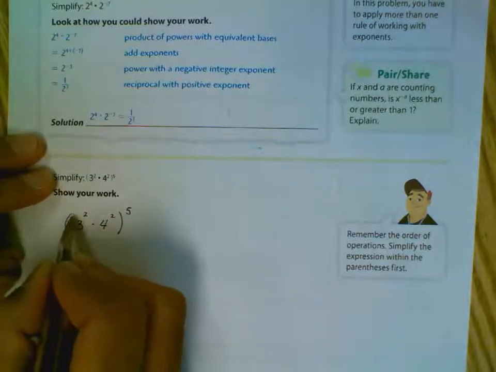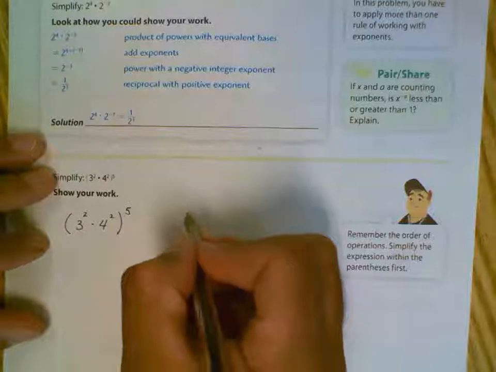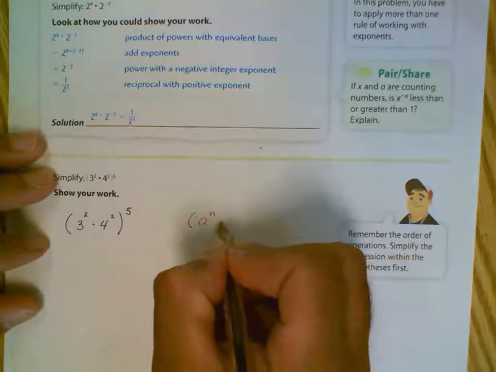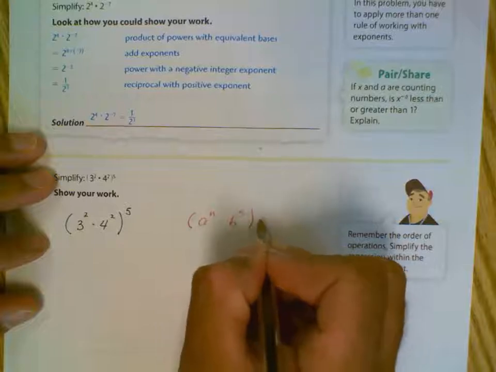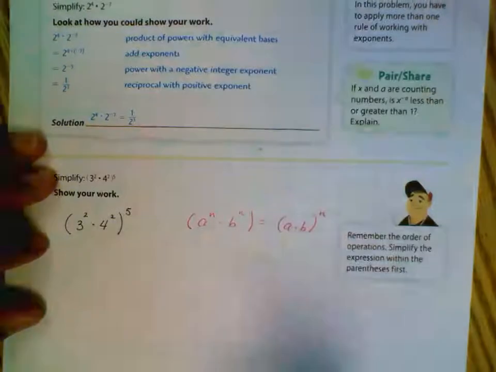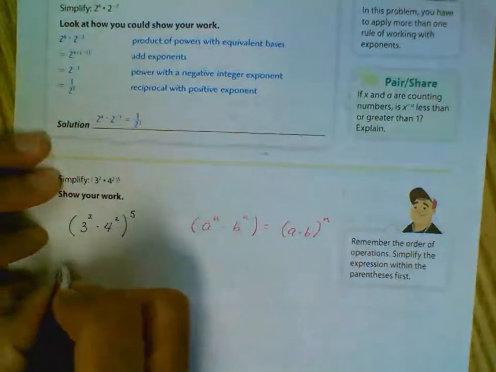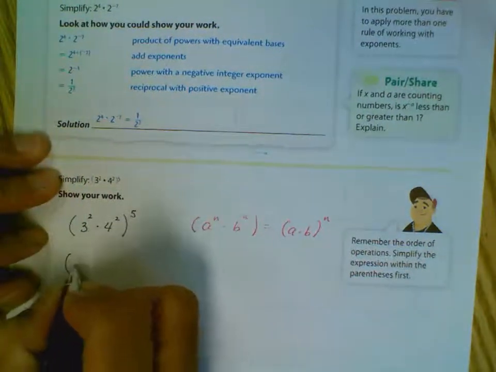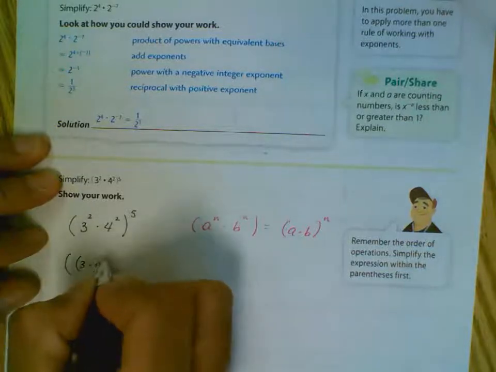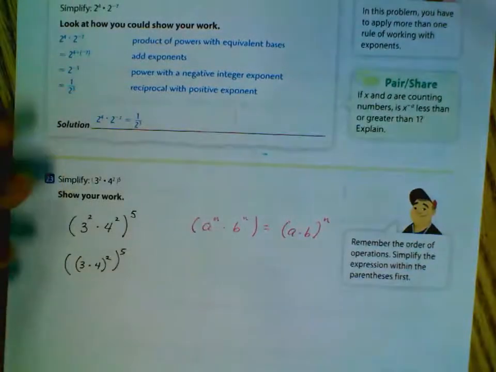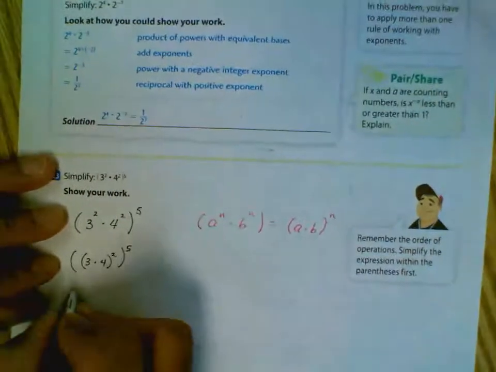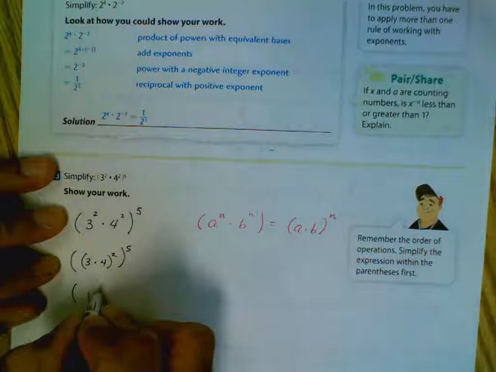The bases are different, but the exponents are the same. So I have the formula: a to the n times b to the n is equal to (a times b) to the n. So this is equal to 3 times 4, and I'm going to do double parentheses, to the 2nd power to the 5th power. What is 3 times 4? It's 12. So 12 to the 2nd power